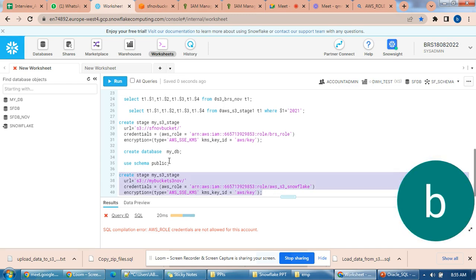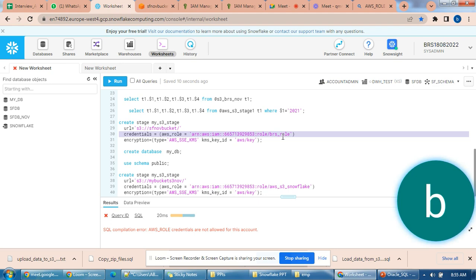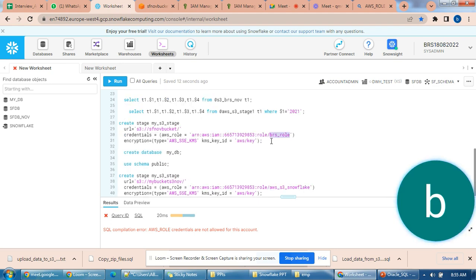Just now I have done practice. Not sure. It is the stage environment, my S3 stage, under that SF November bucket only, right? And this is not the BRS role. It should be this one, right? Your Snowflake, AWS S3 Snowflake. That's what we created, right? So you should create that role